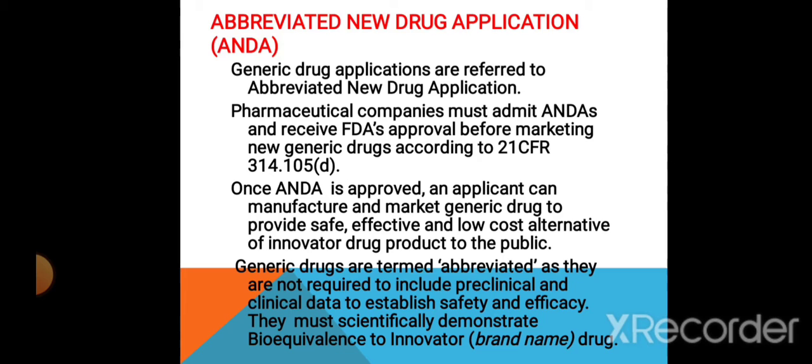It is called abbreviated because it does not include the preclinical data, which is studied on animals, or the clinical data, where, if it is safe and effective, it is further studied on human beings. These studies are not required to manufacture a generic drug. The only requirement is that it should be bioequivalent, meaning the